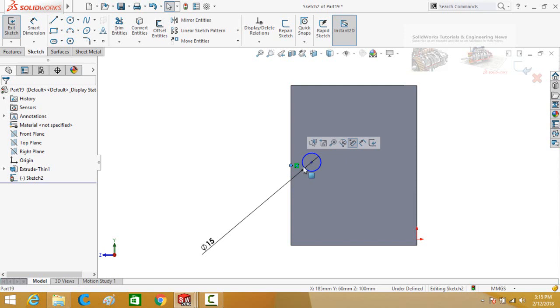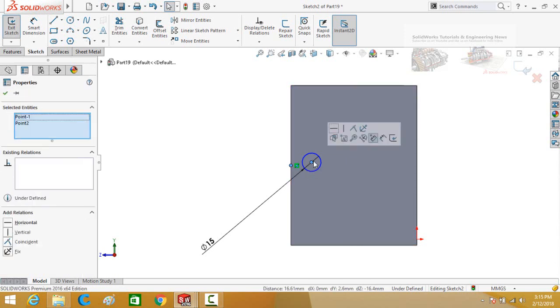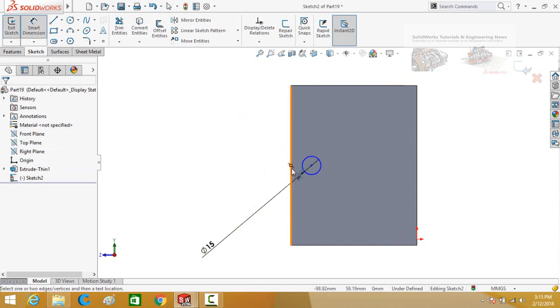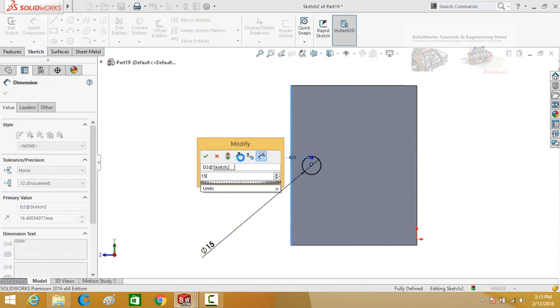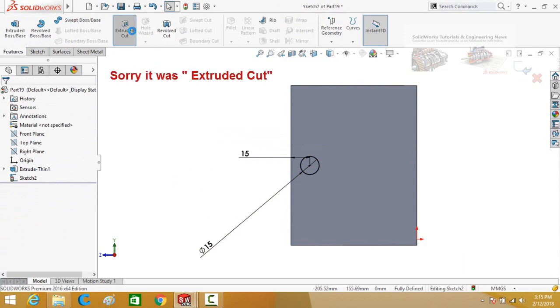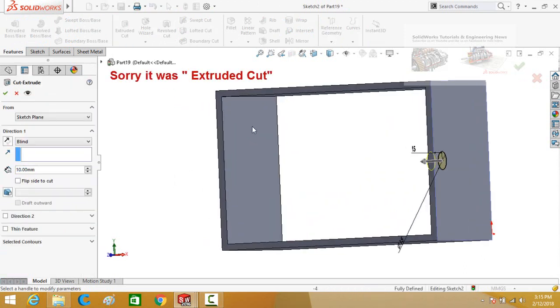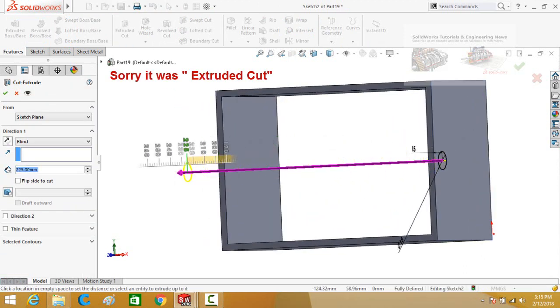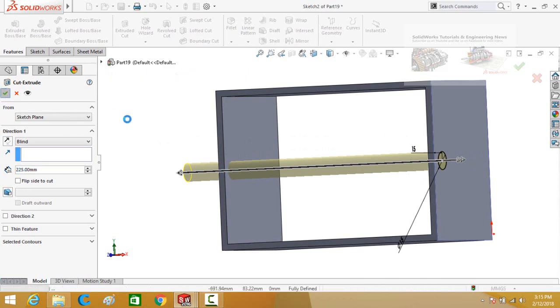Now select this midpoint and the origin of the circle and make their relation horizontal. Now define the distance from this line to the origin of circle, which is 15 millimeter. Now go to features tab and select revolved cut command and cut it from throughout this part. Press OK button.